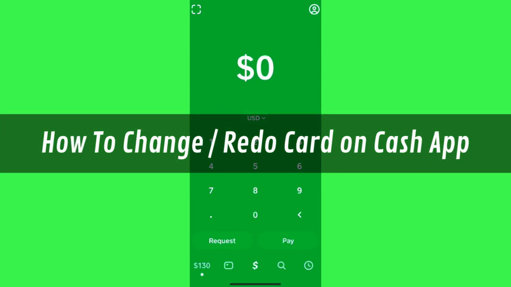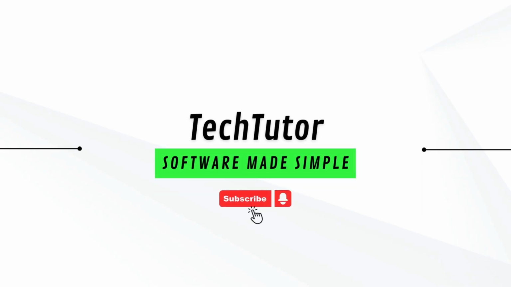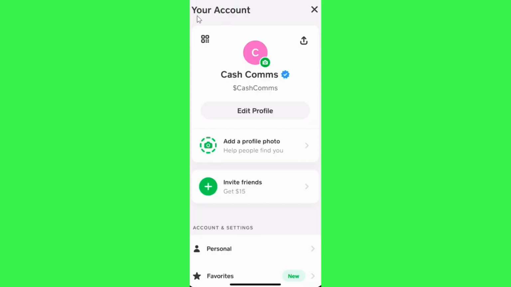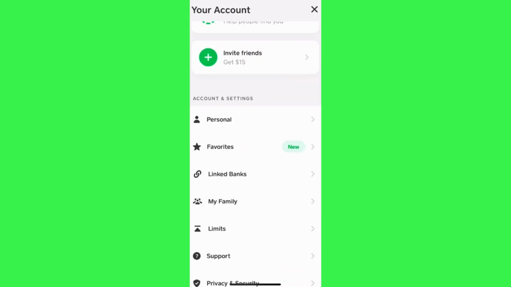Hi guys, in this video I will show you how to change or redo card on Cash App. In order to do this, you first have to launch your Cash App mobile application, and once you are on this type of page, you will have to click on your profile icon in the top right hand corner of the screen. After that, you will be landed on your account page where you just have to scroll down